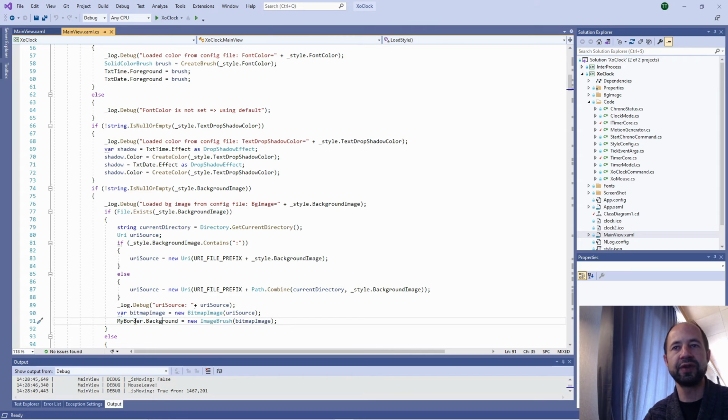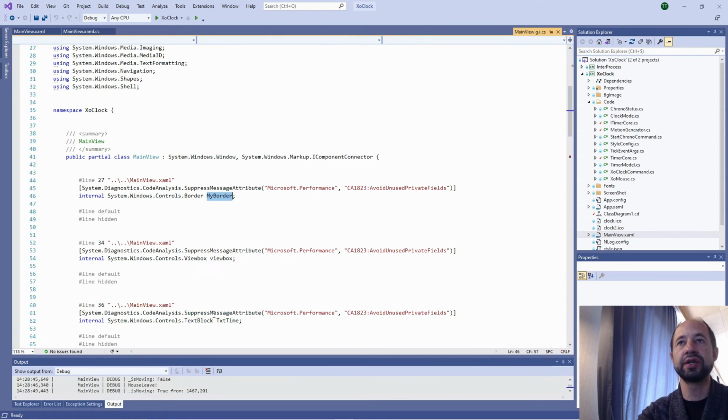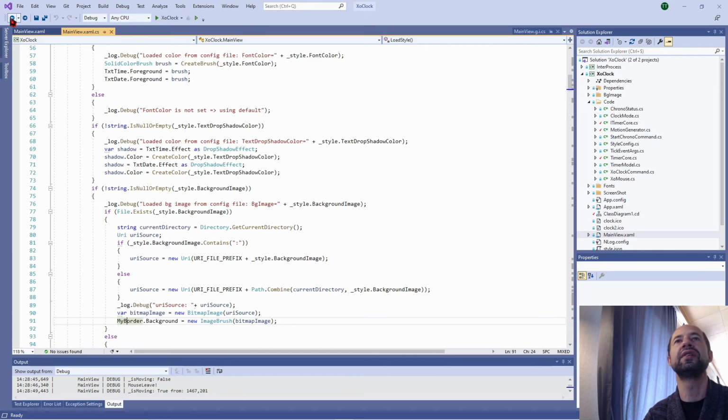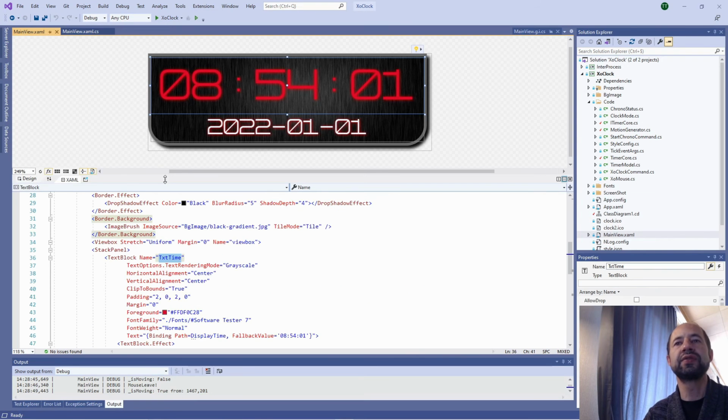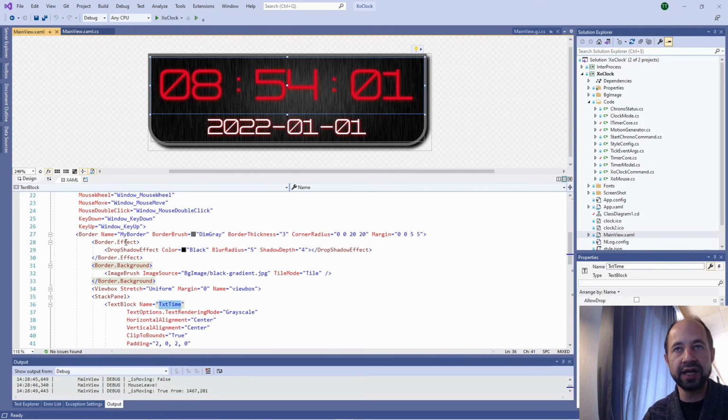Same logic: if I go to my border definition, this is defined in the code behind as a border, and if I want to check in the XAML, I should see that I have a border here which is named my border.